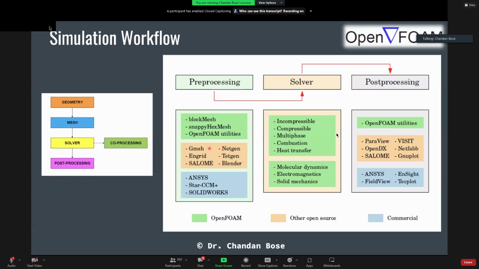I want you to learn about it. One is GMSH, another is Salome. These two open source meshing and geometry softwares are immensely useful if you don't have access to any commercial meshing or geometry making software. All right. Now, the solvers in OpenFOAM are categorized in different ways, depending on their applications, such as incompressible, compressible,